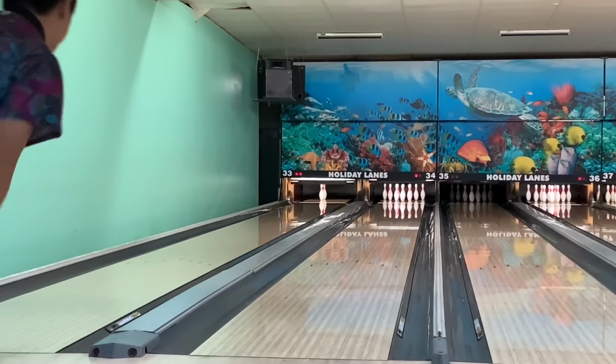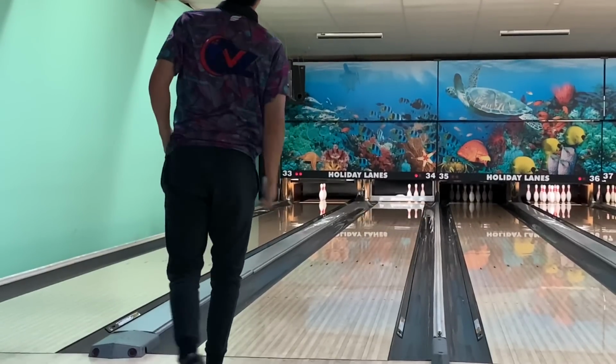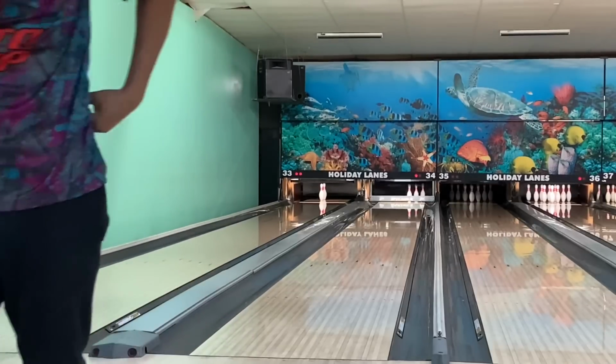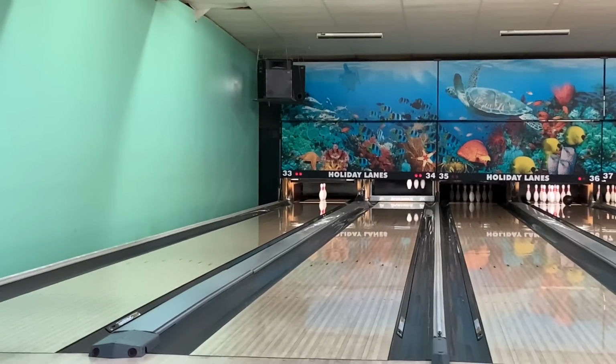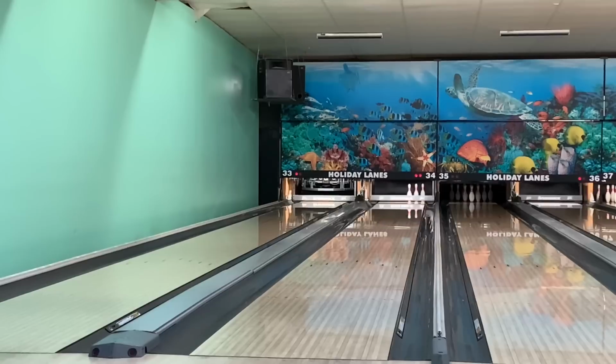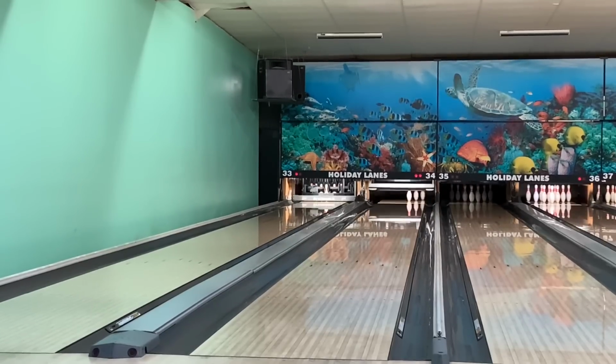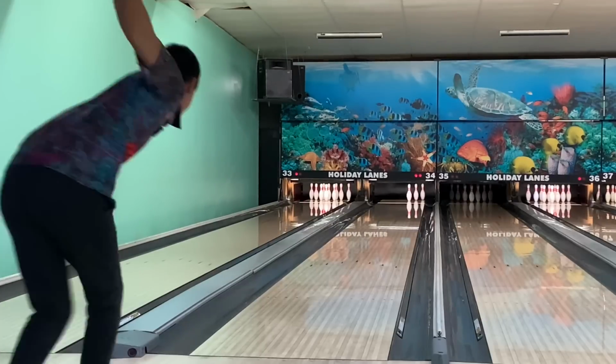So here are my first 10 shots of this bowling ball straight out of the box. That was my 5th shot of the day, so I'm not very warmed up. And this whole session I didn't throw it very well, so bear with me here for the rest of this video. So while you guys are watching some fairly less than stellar bowling shots, I'm just going to talk about the